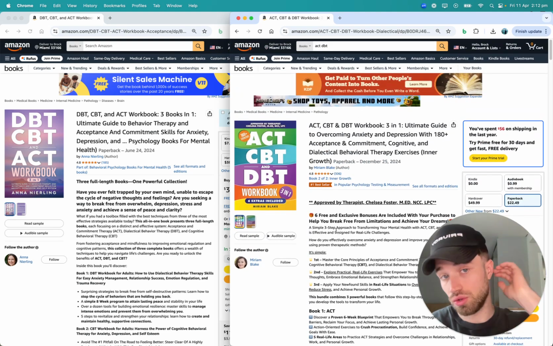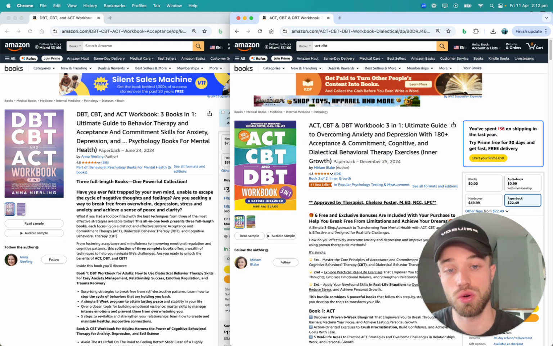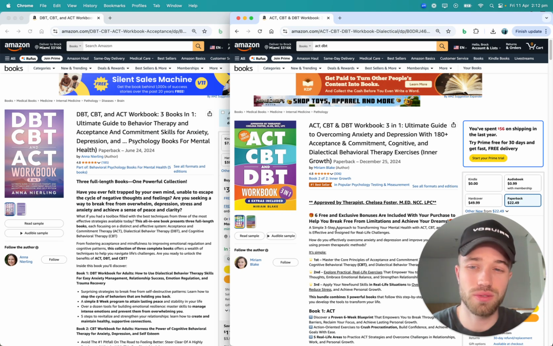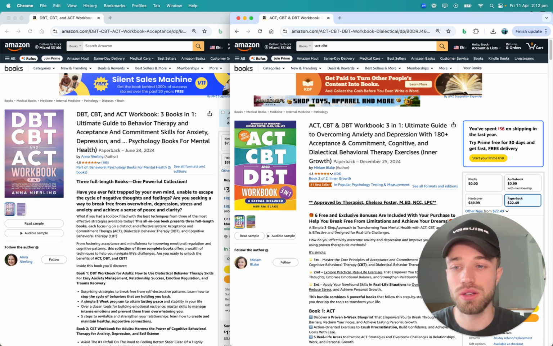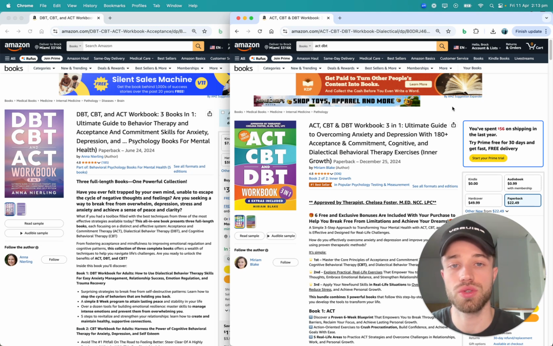If you're a customer and you type in this keyword because you want to know more about this problem, to solve your issues, as a customer, you need to put yourself in the customer's shoes and think about what they're going to think, right? Because there's 2 books here on the same topic. They're both 3 books in one, right? So if you look at both of these books and you see all these bonuses here, the better cover, the detail about what they're going to get, which one do you think the customer's going to choose? Obviously this one on the right, okay?